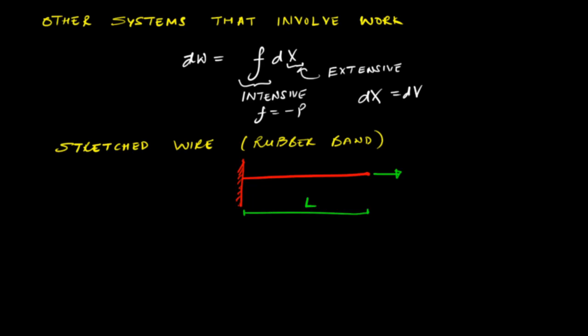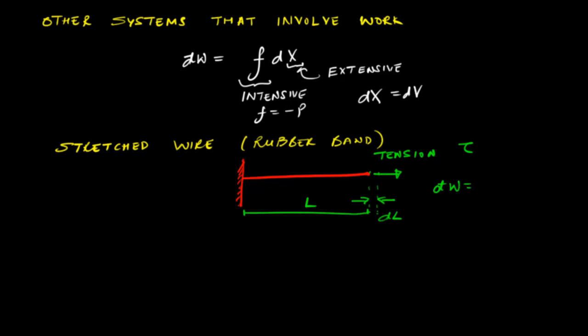Then if the tension in the wire is denoted by tau, then the work done to stretch this wire or the rubber band by length dl is given by, and this is the work done on the system,